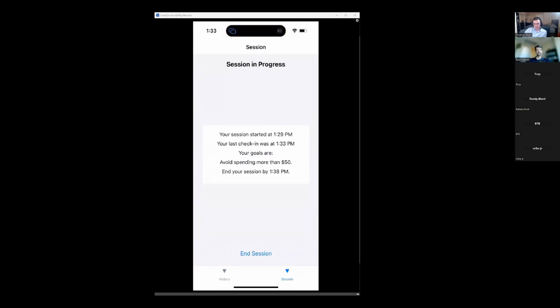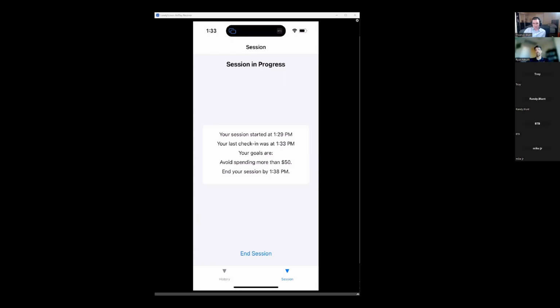Budget and time are relevant to pretty much anything. If I added other things, like per bet, I can't even imagine other goals that could be applicable to more than one type of gambling. But these are really general and able to be applied to any type of gambling activity. So that's why they were chosen. And the check-in frequency was chosen as a result of user feedback.